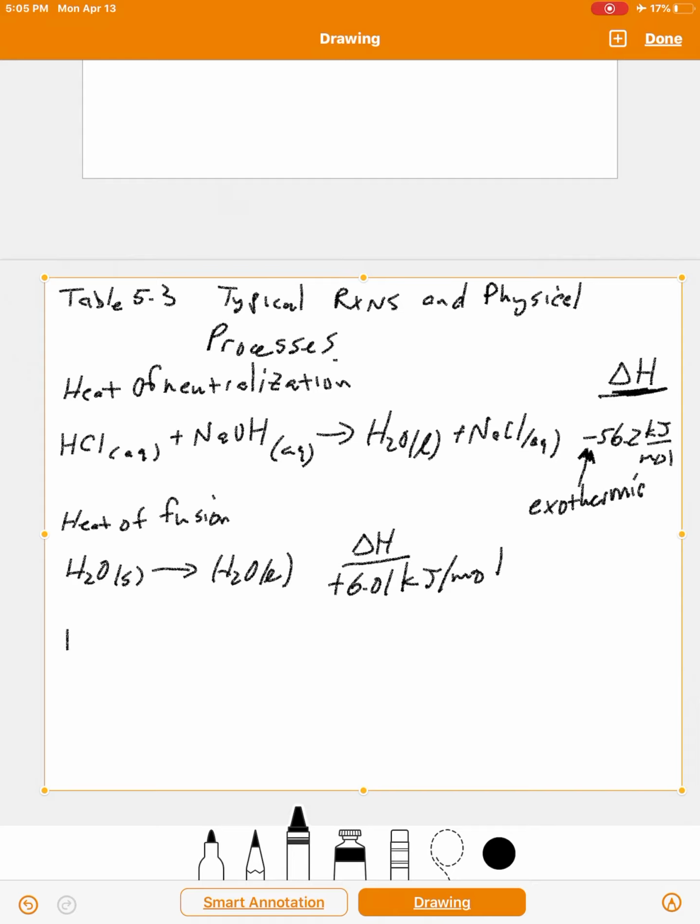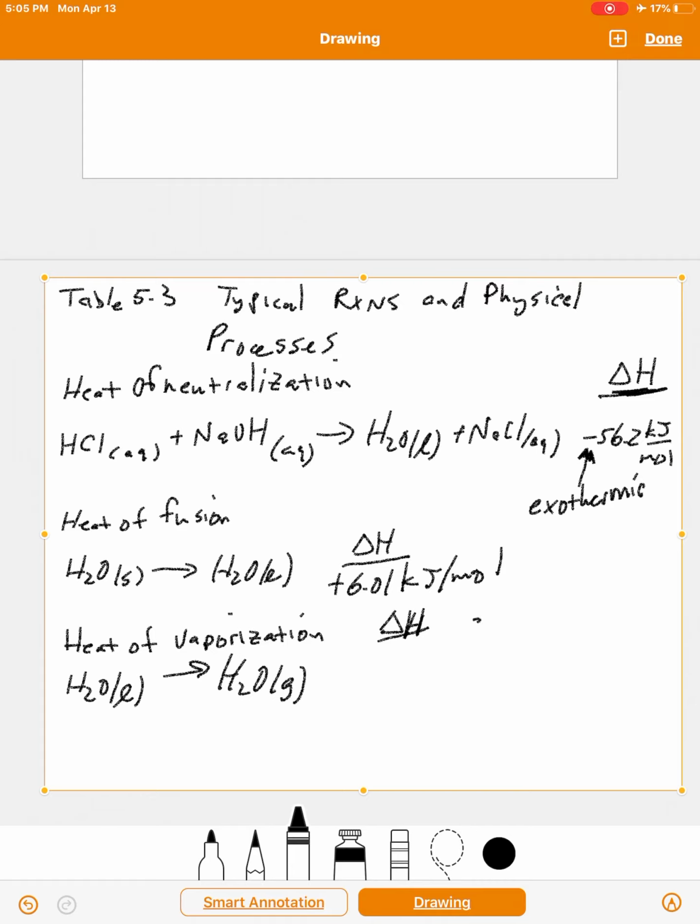Another example, heat of vaporization. This is an important value for anybody who's a chemical engineer. So H2O liquid being converted into H2O gas. Okay, so we're going to call that delta H. And that one is 40.0 kilojoules per mole. Sorry,